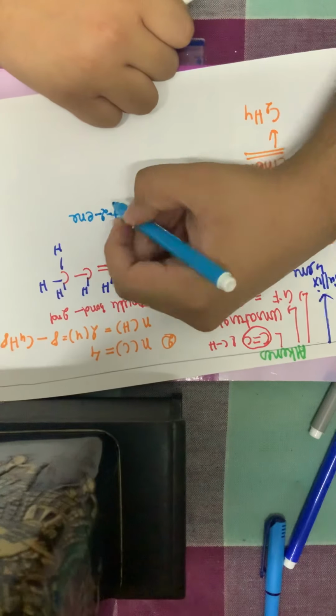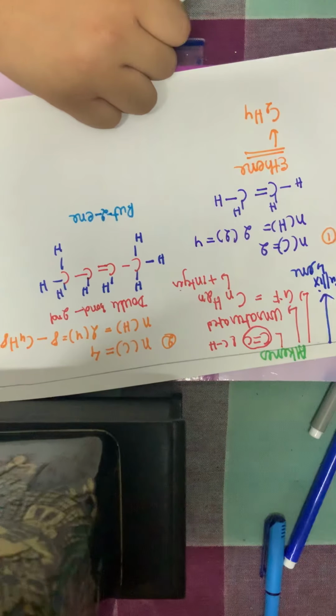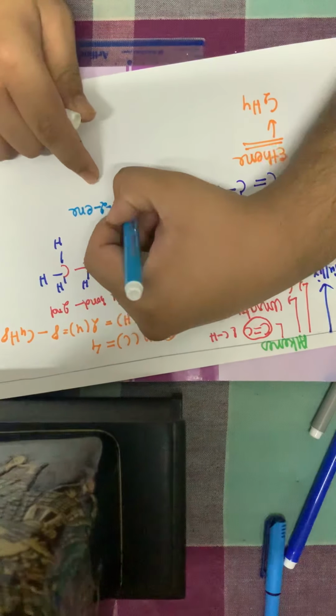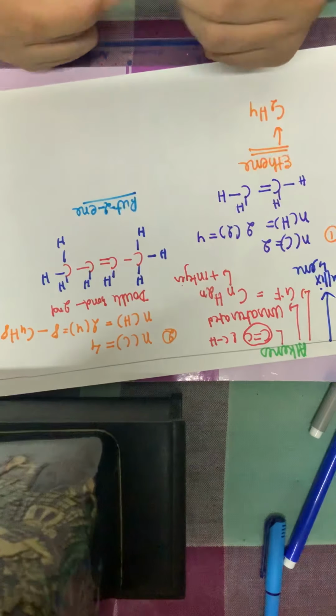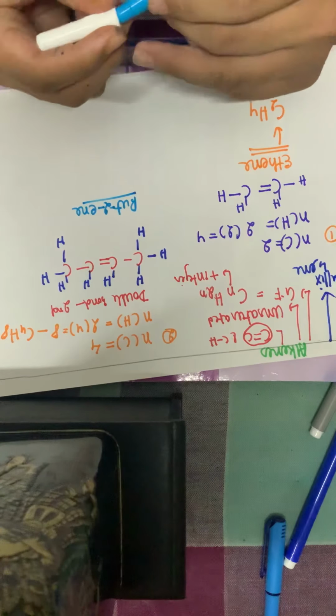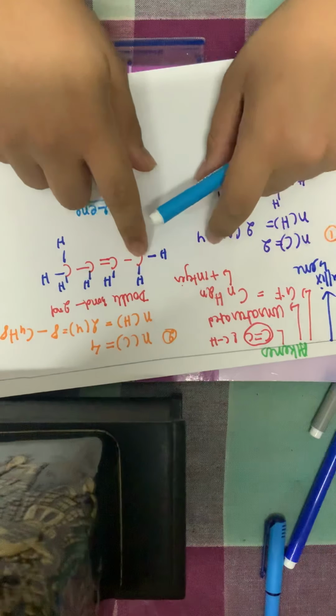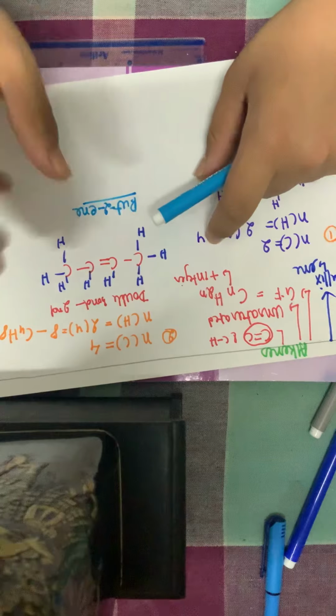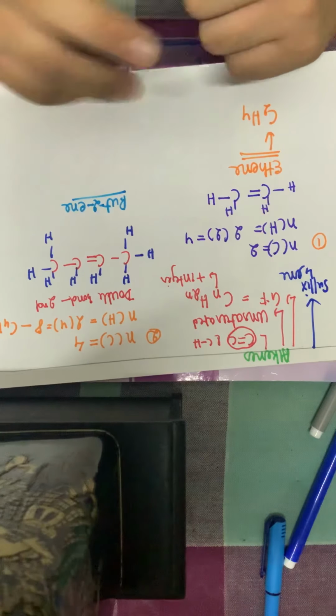From which I get another rule, that whenever there is a number in the naming, the number is separated by a dash. Numbers and letters are separated by a dash. When there are two numbers themselves, they are separated by a comma. So, but-2-ene. Now why not just butene here? Because I need to understand where the double bond is. It is at carbon number 2. Otherwise, if I just give butene, the double bond can be here also, here also, here also, which will change the structure.